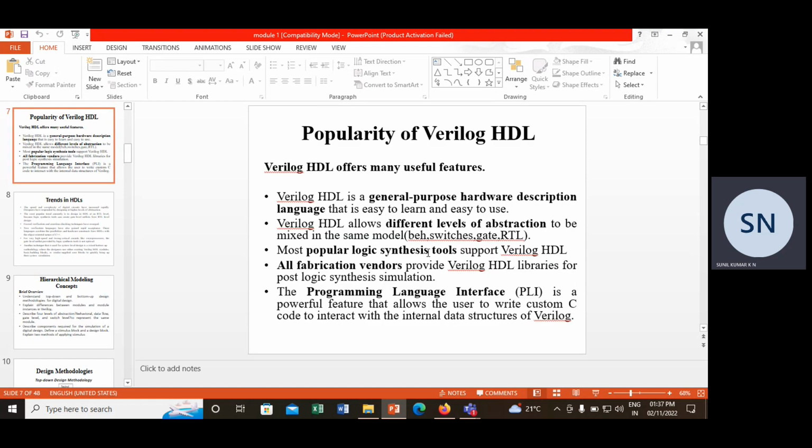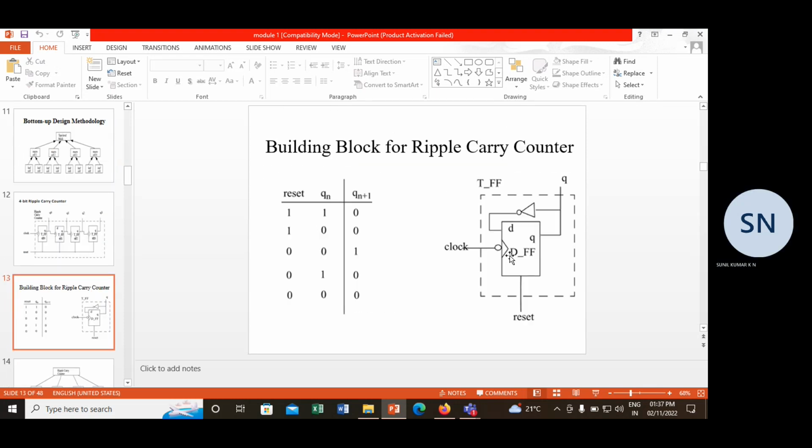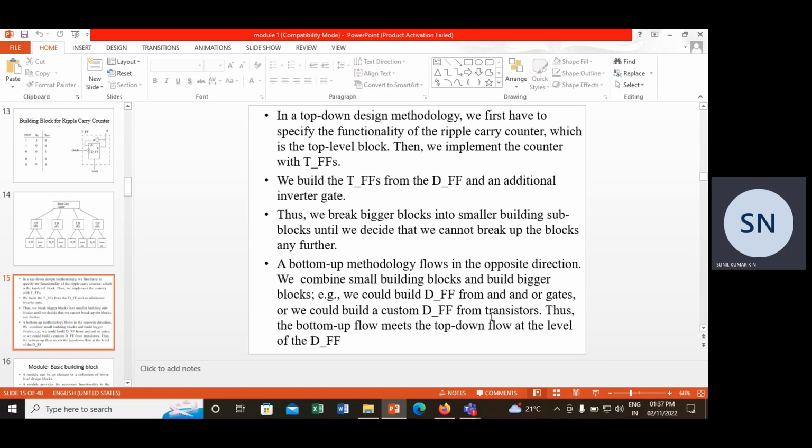So in the last class, we have written stimulus program, right? So based upon that stimulus program,